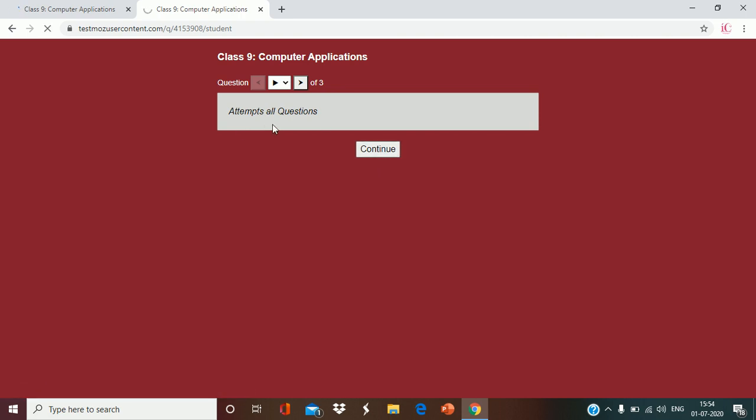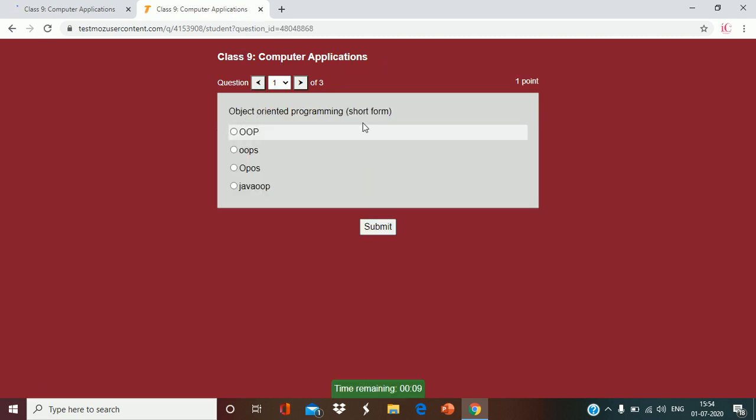Attempt all questions. Continue. Class 9 computer application. See, 1 point: Object oriented programming short form. So if the student writes this and submits, then the correct answer will be shown like that only.